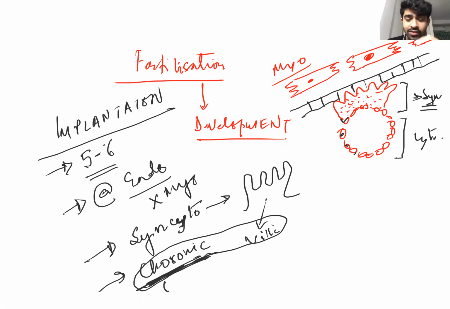It is originating from the baby's end. That's why it is called chorionic villi. Are you getting my points? Yes. The last MCQ: which one hormone is very, very famous and an MCQ hormone, which is released from the chorionic villi? Can you tell me what is the answer? Which hormone is, yeah, this is HCG.